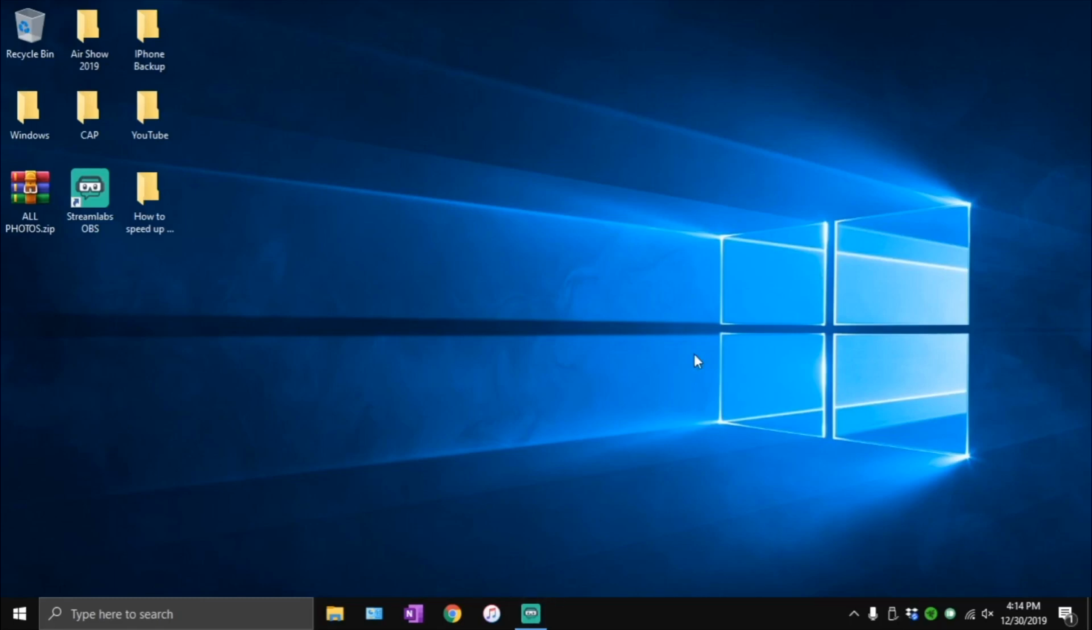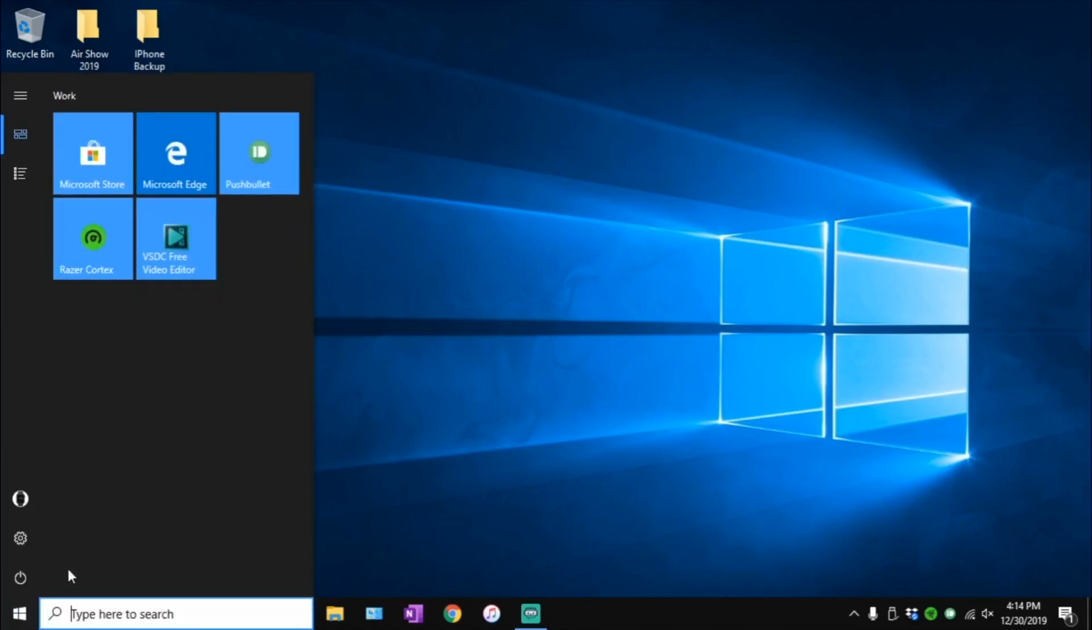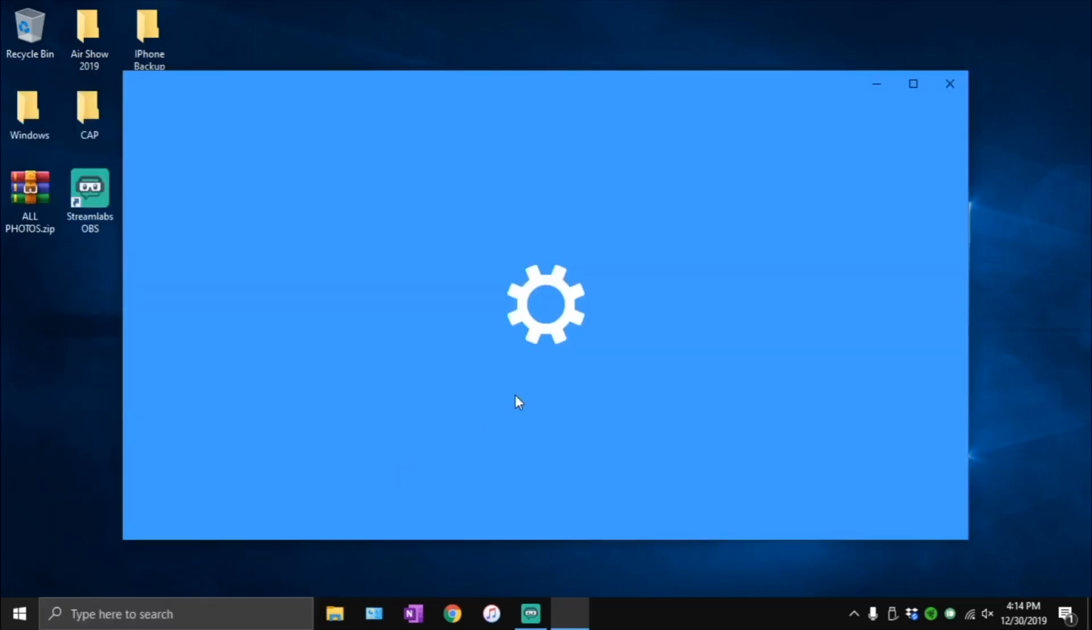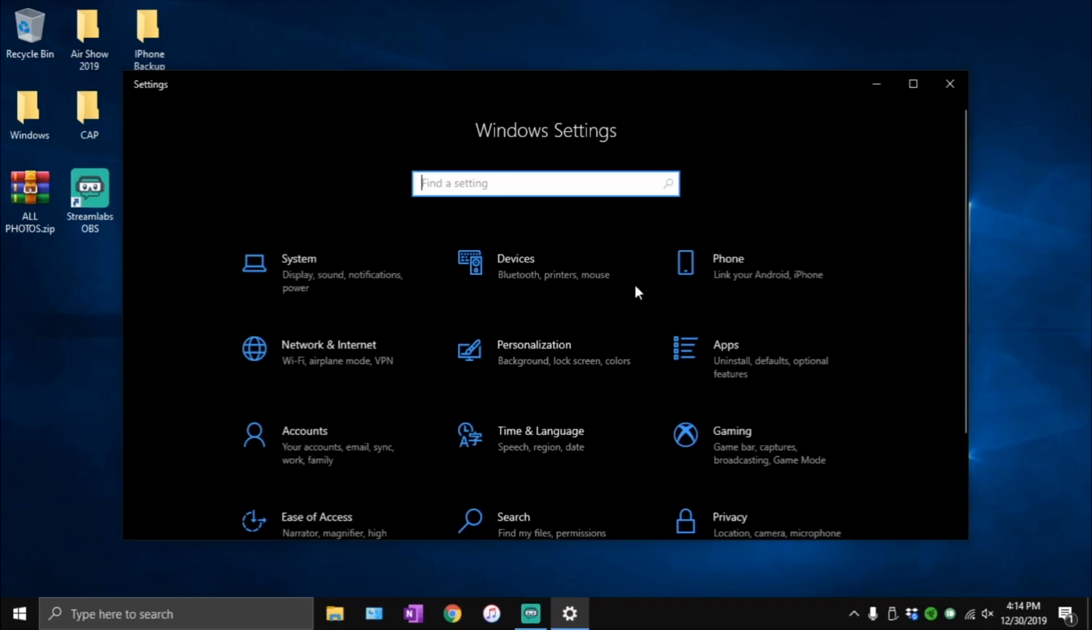So next we'll be heading on to settings. Hit the Windows button on your keyboard, or click right down here, the start menu, and then you'll see a gear icon that says settings when you hover over it. Just click on that and your settings should open. Once your settings is open, all you want to do is go to System,